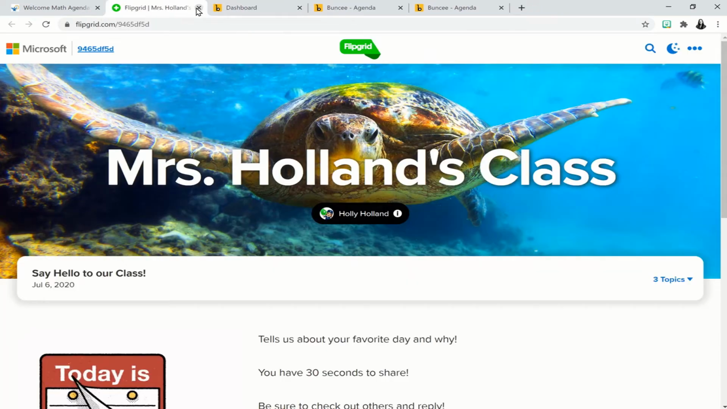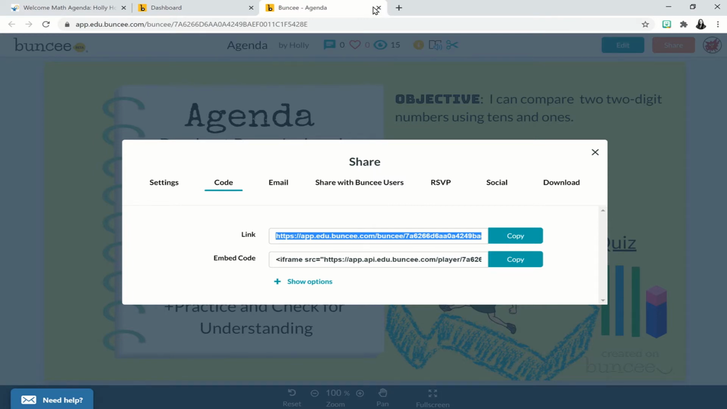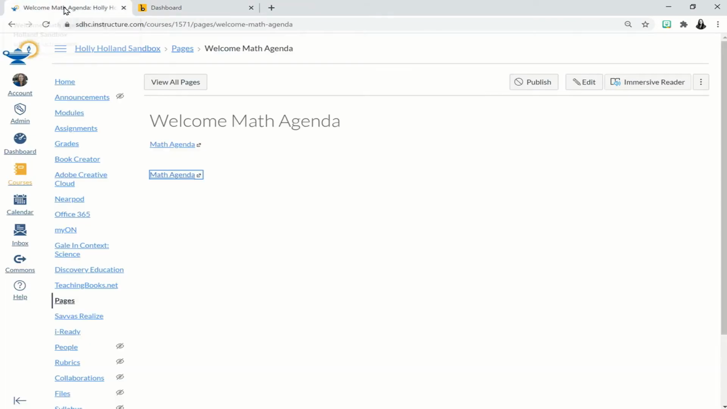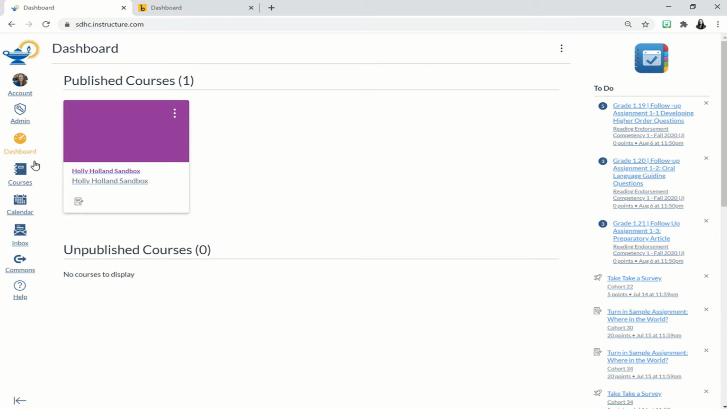So I'm going to go ahead and clean this up just a little bit. All right, I'm done with this slide and go back into my Canvas page. So I have my Bunsee open and my Canvas page open. Let's talk about the other way to share your Bunsee by embedding it right within the page. This means when the student clicks on the page, they will automatically see the Bunsee page